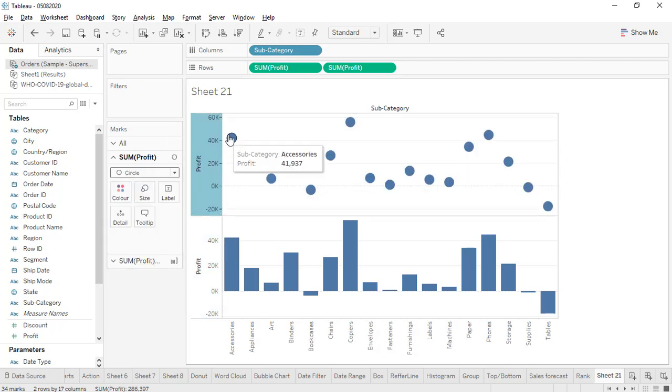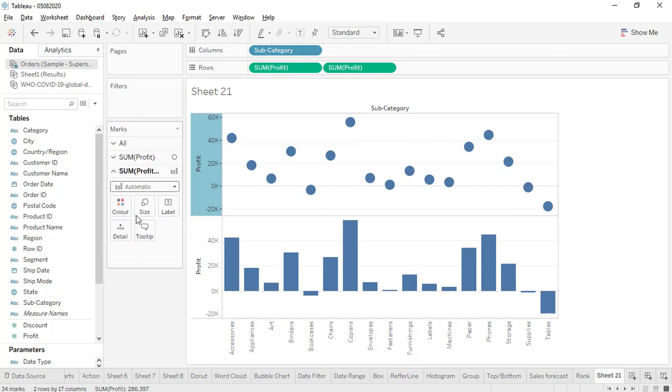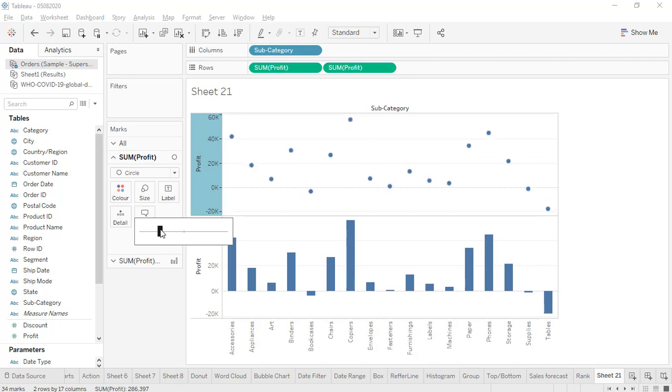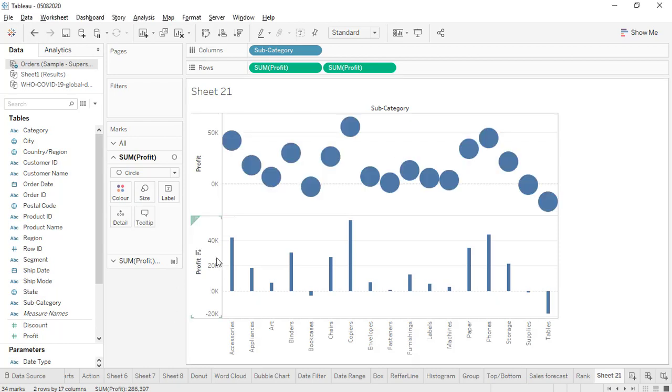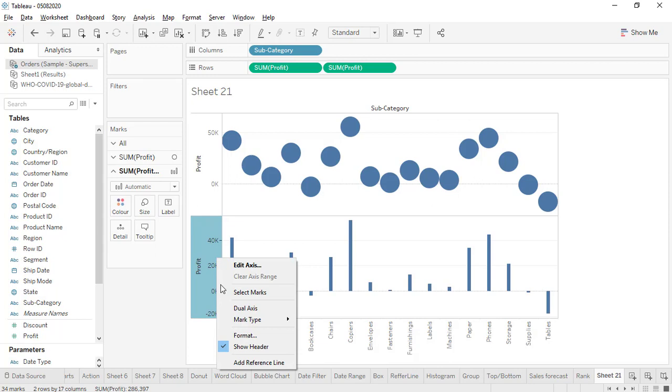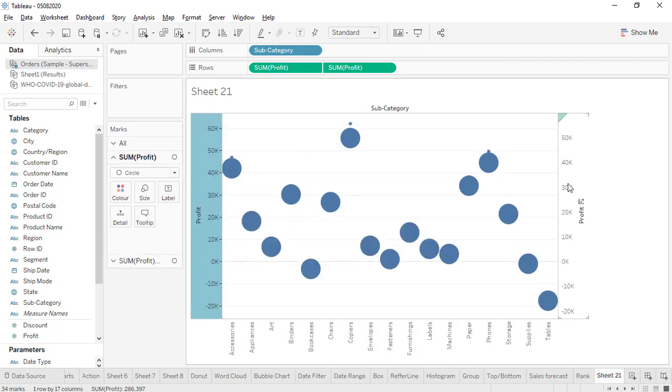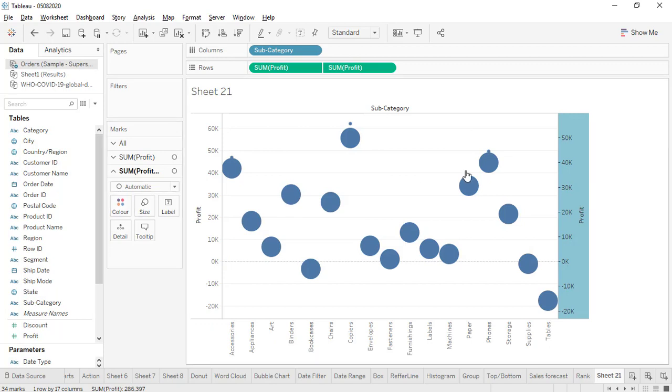And then it's time to change the mark type for my measure. For one, I'll take circles, and for the other, bars, and I would like to reduce the width. Something like this. For the size of the circle, I'll increase it a bit, and then I'll make it a dual axis chart. Fair enough. As soon as I converted it, it got converted both into circles, so I need to just change it back into bars.